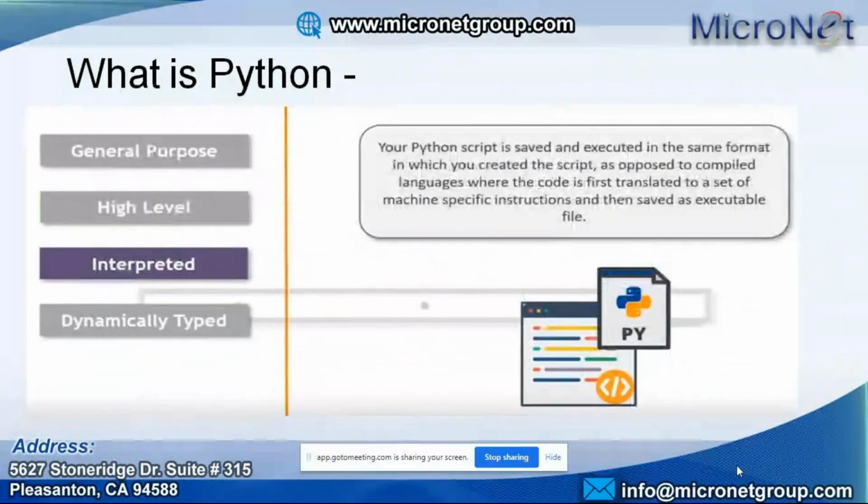And now, why is Python called an interpreted language? For example, if you write any code in C, C++ or Java, what exactly do you have to do? Let's suppose you have written a small code. For execution, first of all, you have to convert it into machine understandable code, and then run this code. Whereas Python is not like that.